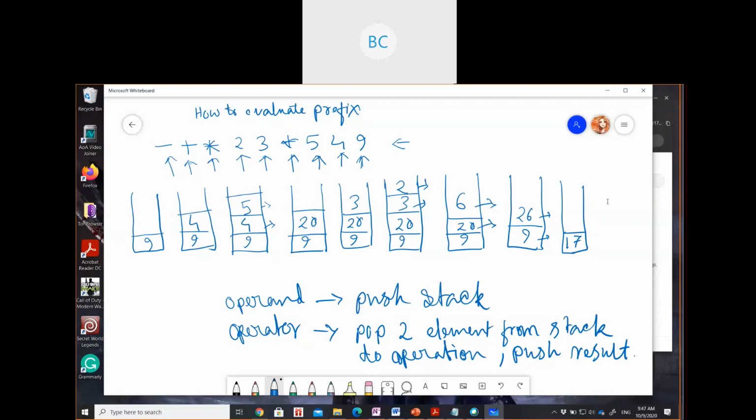Okay, so I guess the evaluation process is clear to you guys. This is how your compiler uses a stack data structure to evaluate your postfix and prefix notations or expressions. Your postfix is known as Polish notation and the prefix is known as reverse Polish. Maybe I can just show you the normal one first.